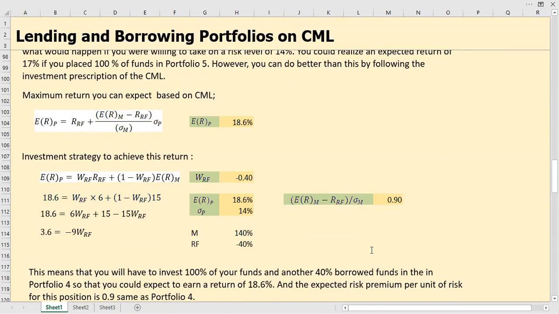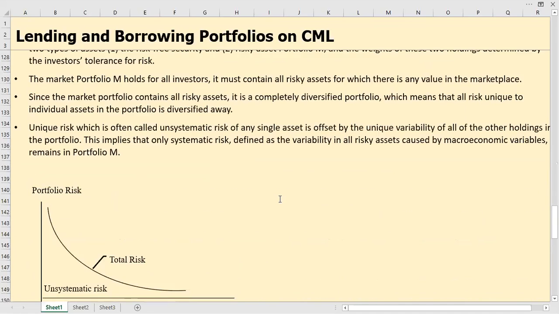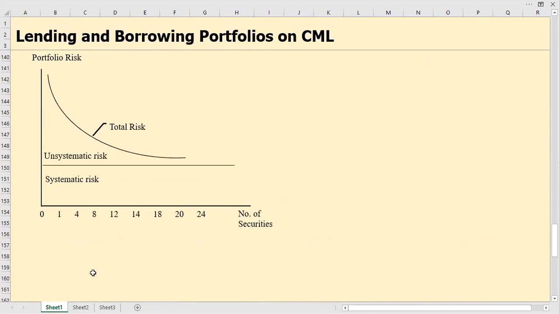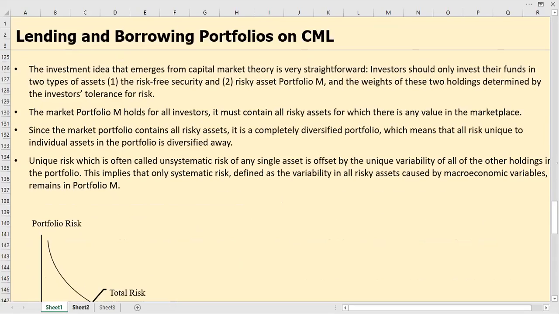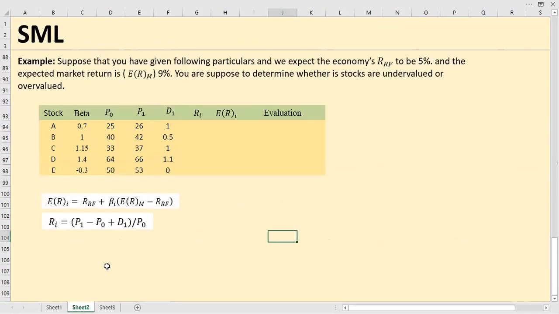But here in the capital market line, we can only estimate the expected return of the market portfolio and the risk-free assets. So that is the main limitation. So this SML, or the security market line, we will discuss in the next